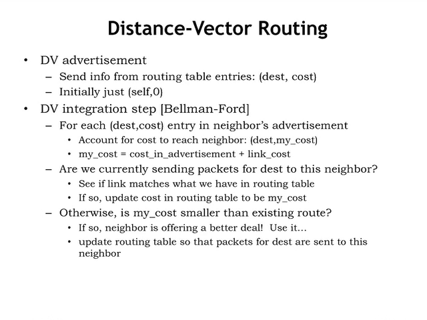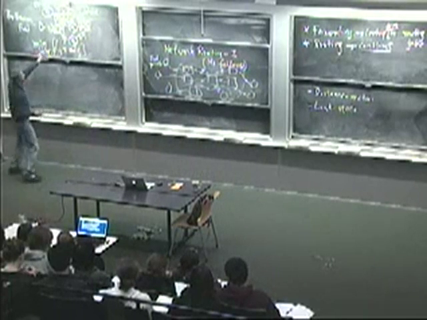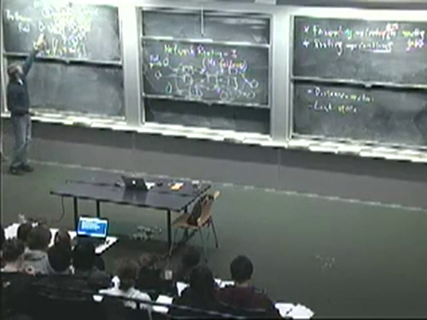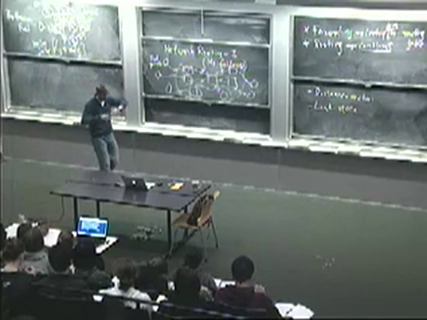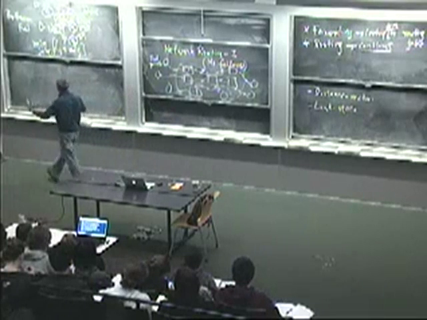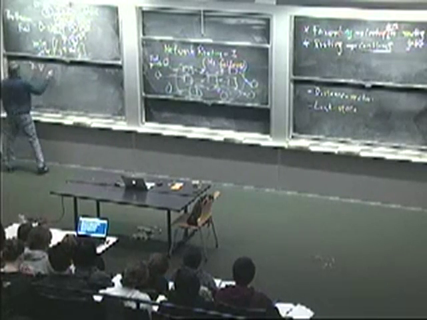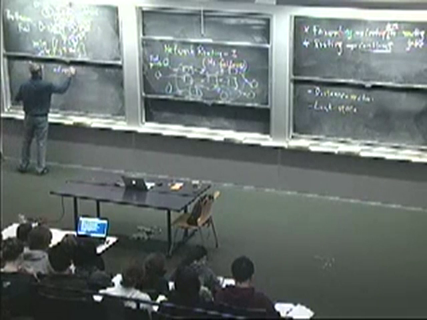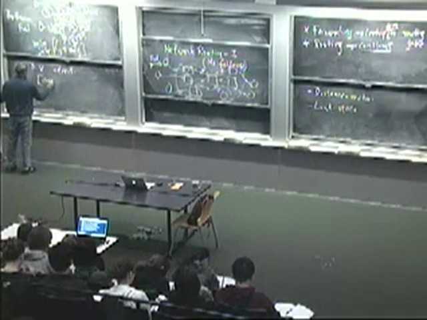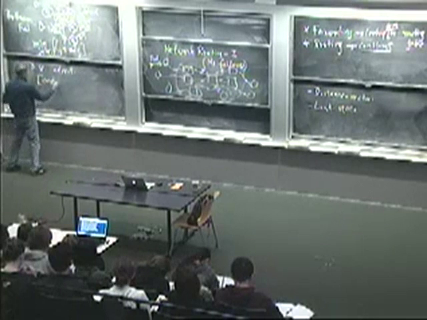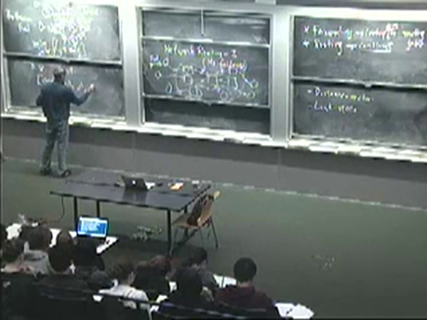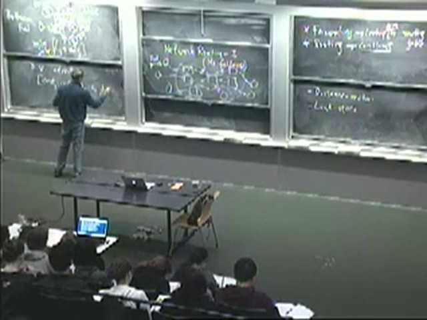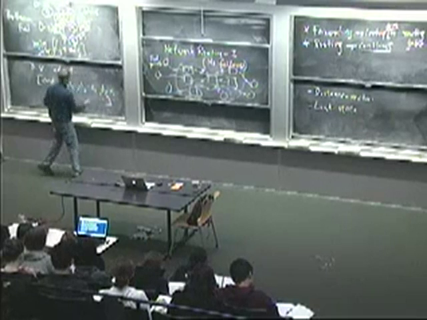How long does it take before every node in the network, actually before I get to that, the reason it's called a vector protocol is I showed you a picture for one destination, but in fact each node does it for all destinations. So the general form of a distance vector advertisement looks like this. It has destination 1: cost 1, destination 2: cost 2, destination 3: cost 3, and so forth